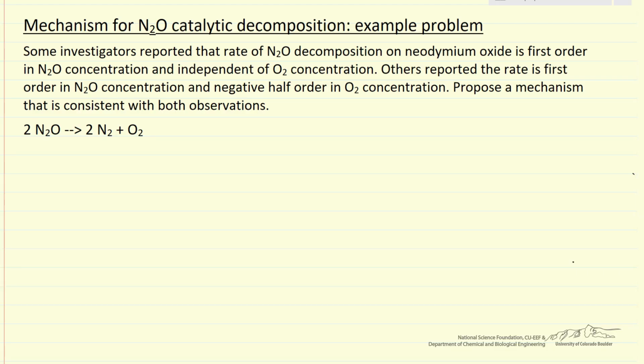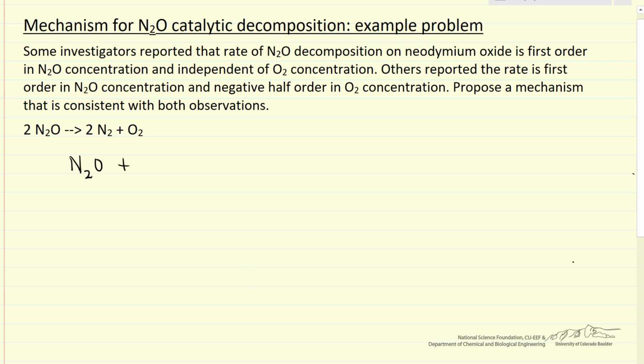In this problem, we want to propose a mechanism that's consistent with two observations for the catalytic decomposition of nitrous oxide. One is that the rate's first order in N2O and zero order in oxygen. The other, it's first order in N2O and negative order in oxygen. So, not obvious when we start, but if we try different things, one that will be consistent is